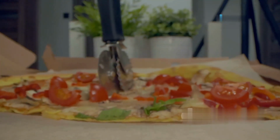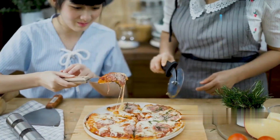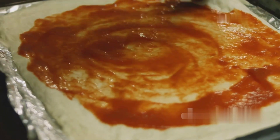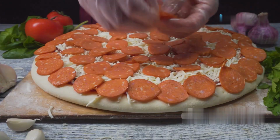Pizza, simple, delicious, and familiar. A comfort food enjoyed around the globe. You've probably made it at home, maybe even tonight. Dough, carefully kneaded and proofed, sauce, simmered with herbs and spices, cheese, generously layered, toppings, arranged just the way you